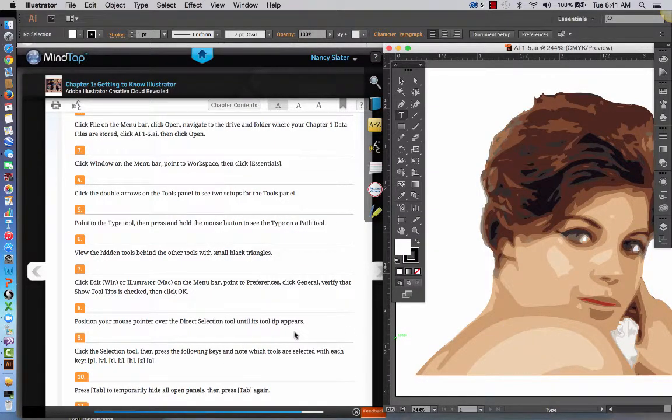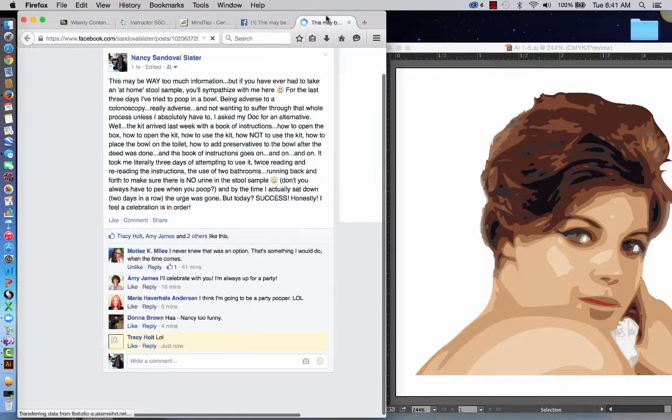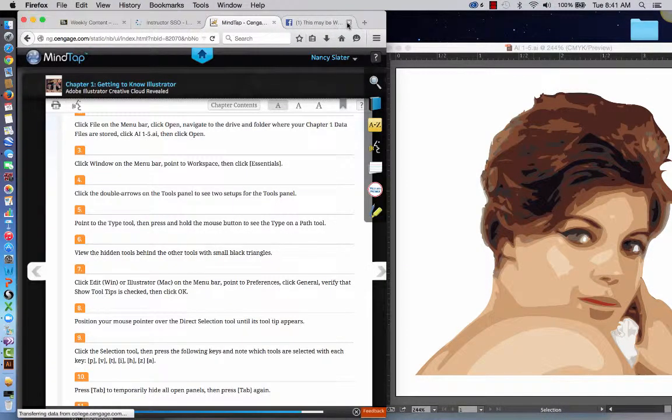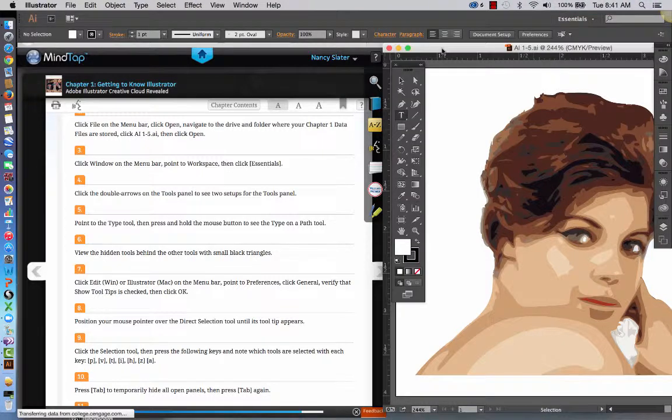Position your mouse pointer over the Direct Selection tool until its tooltip appears. So this is the Direct Selection tool, and you don't have to click, you just hover over that particular tool and it will give you a tip. Direct Selection tool. Then let's see, what's the next step? We got the tooltips down good. All right, then we're going to